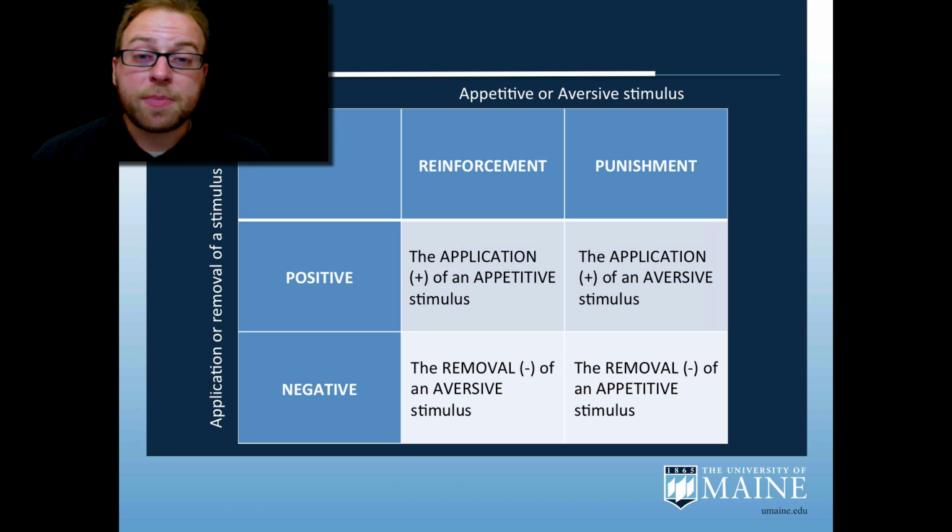These concepts of positive and negative reinforcement and punishment are critical to understanding operant theory. To really understand operant theory, you have to think about how behavior might be shaped through these processes, and when reinforcement is more effective than punishment. In fact, in most cases, reinforcement is dramatically more effective than punishment.